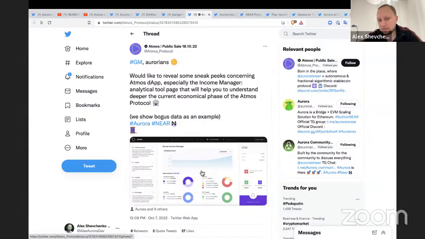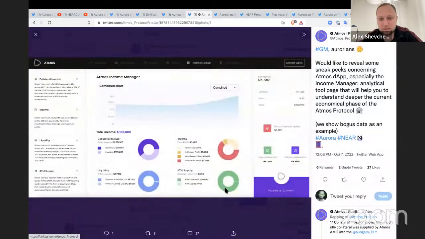And again, this is all about dashboards. This is literally a user dashboard where they are able to see information on Atmos. Things are looking pretty good here. It reminds me of some great user experience Web2 applications like Revolut or maybe some others. And it all kind of makes sense.